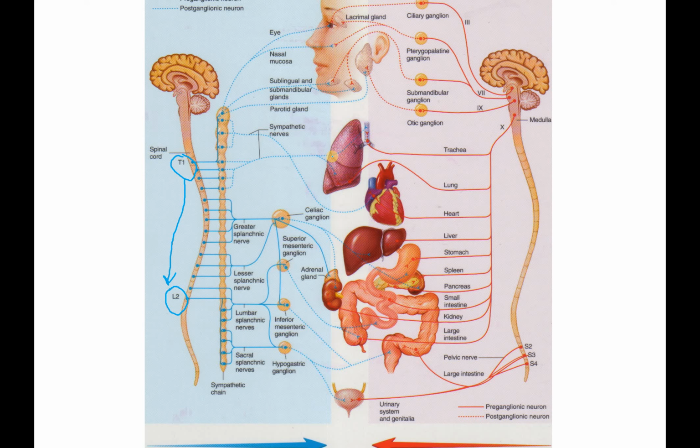Everything in your body is prepared for fight or flight stuff. Okay? On this side, we're seeing the parasympathetic division, which is craniosacral. So in the neck, that area would be considered cranio. And then we have in the tailbone area